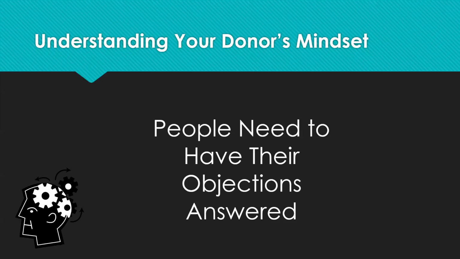Some of the most common objections donors have are thinking that the donation won't make a real difference in the world, not trusting that the organization will use the money as you say you will. They could worry that the organization won't be able to accomplish your mission. They could worry that once the organization receives the money, the donor will stop having input at your nonprofit. Or they could maybe not understand the terms and conditions of the gift agreement or the project you've put in front of them. The best thing your development staff can do if they anticipate an objection in the donor's mind is to bring it out into the open and answer it.